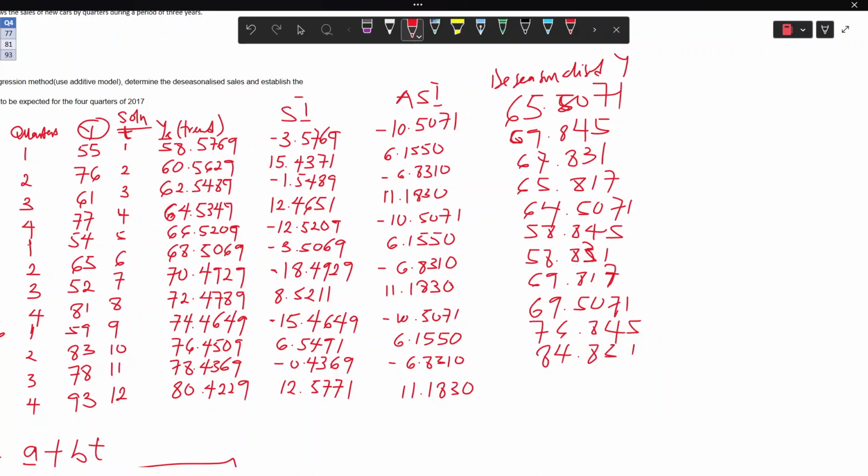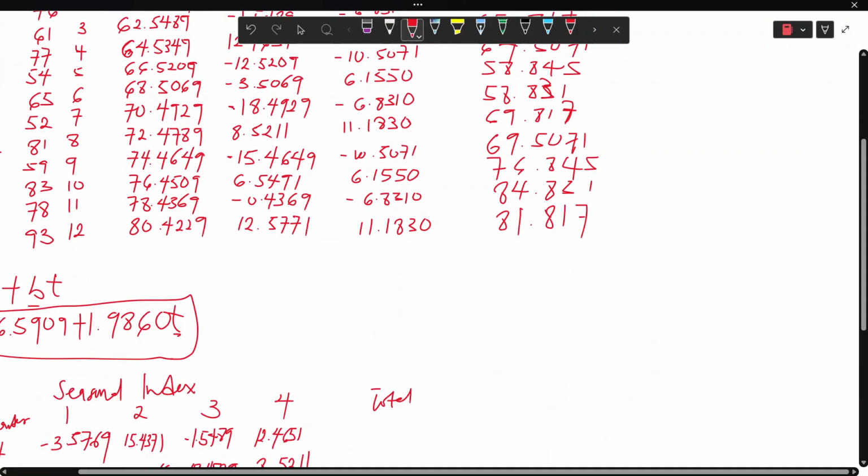Then lastly, we have 93 minus 11.1830, 81.817. Okay. So after finding your deseasonalized y values, we need to find another